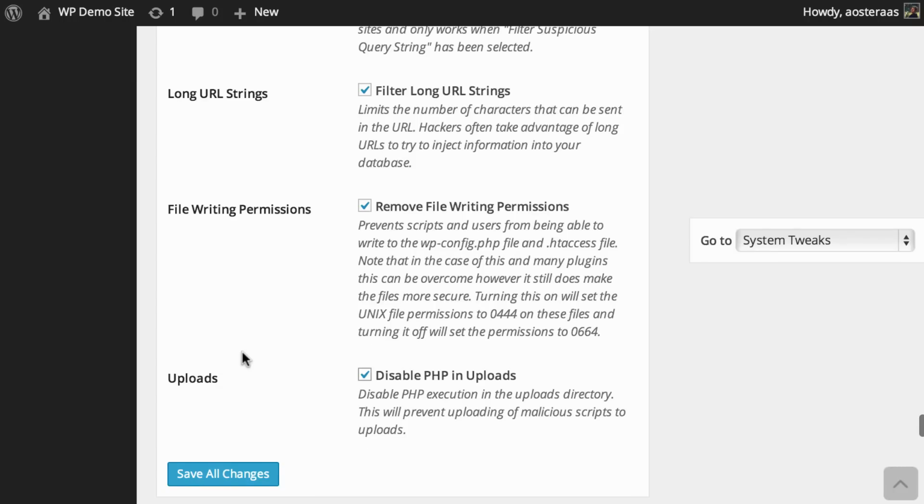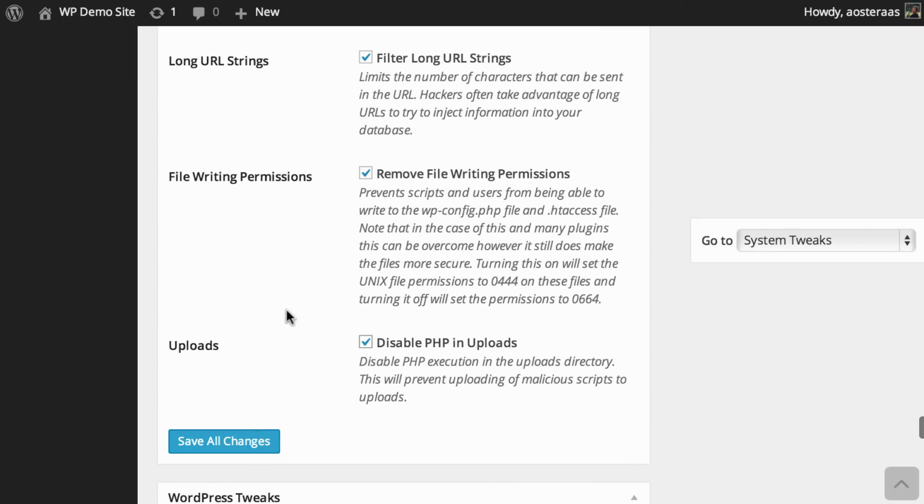When you're done making any changes here, click on Save All Changes and then go and check your website and make sure it's still working as you would want it to